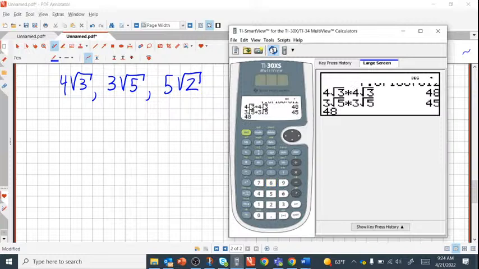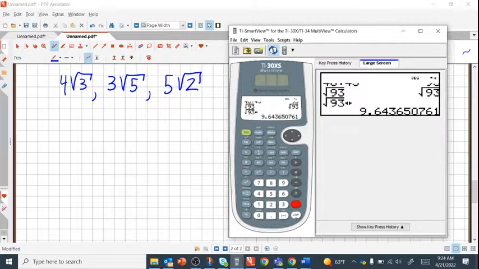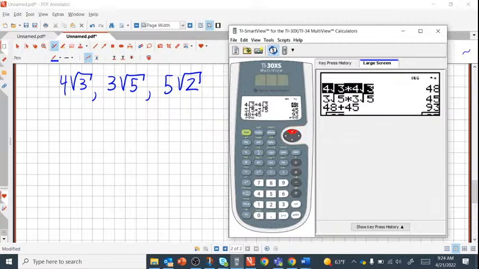So 48 plus 45, take the square root of those, and I definitely didn't get 5 root 2. I got 9.643. Now, guys, that's the hypotenuse I want for it to be a right triangle. The long side I got was